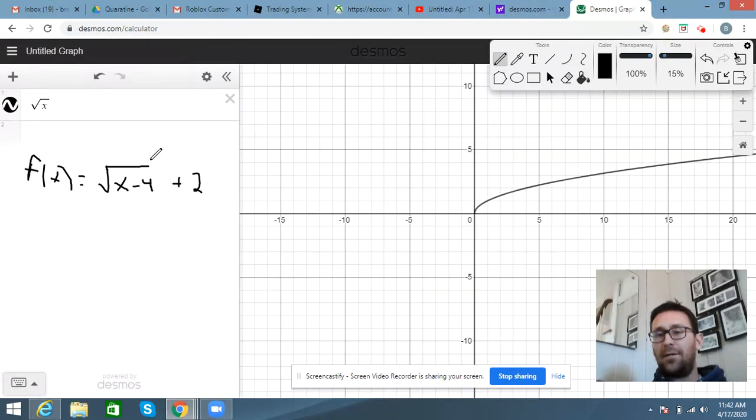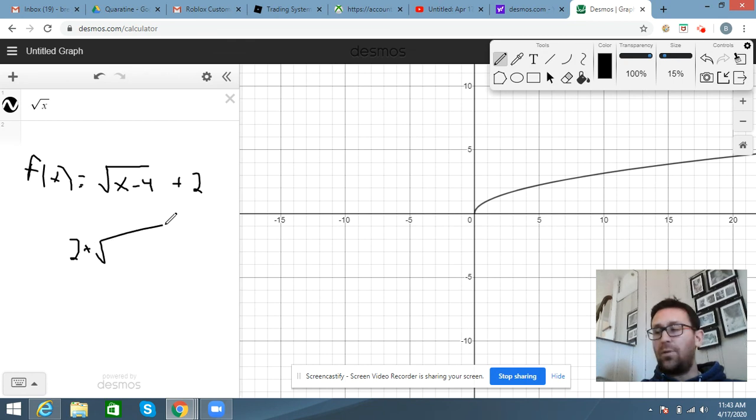Now, if you have the 2 in front, 2 plus the square root of x minus 4, that's the same thing, okay? So I don't want you to be worried about that. You can move that 2 plus in front, so it could also look like this. 2 plus the square root of x minus 4. Same thing, okay? So again, you're going to make a table of values. If I plug in 4 here,